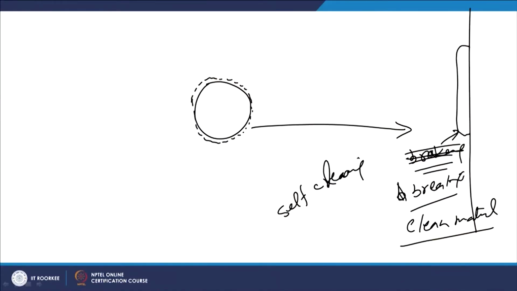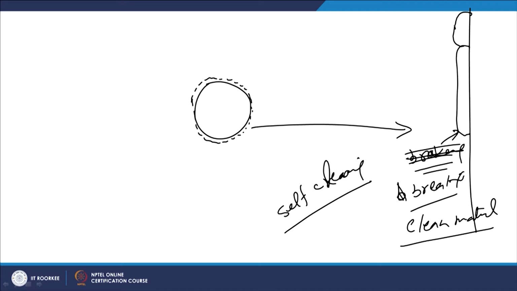So breaking of the oxide layer, basically the fracturing or breaking of the oxide layer takes place, which leads to the deposition of the clean material. So we can say the self cleaning of the powder particle is inherent in this process, and similarly the other powder particles which will be impacting with